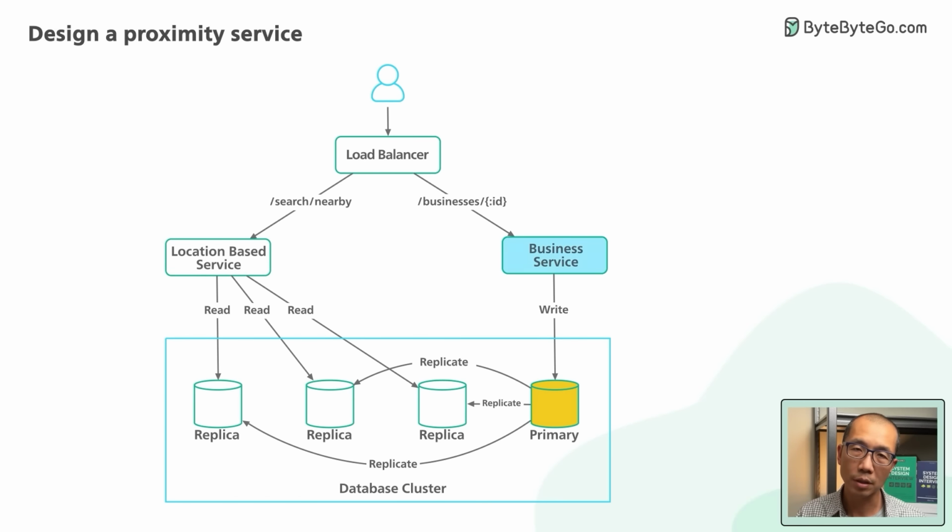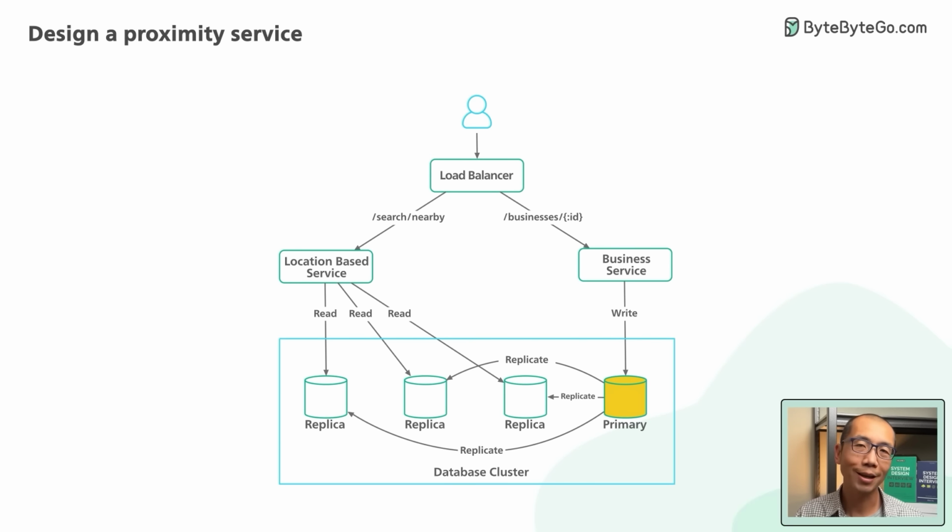Next is the business service. The business service is the other service behind the load balancer. This service handles the CRUD requests for managing the business objects. The QPS for the create, update, and delete portions of the API is not high. And based on our functional requirements, the changes also don't need to take effect right away. This gives us a lot of flexibility on the design. For reads, though, the QPS could be high during peak hours. Since this data doesn't change frequently, it will be a great candidate for caching if necessary. Now, more on caching later.